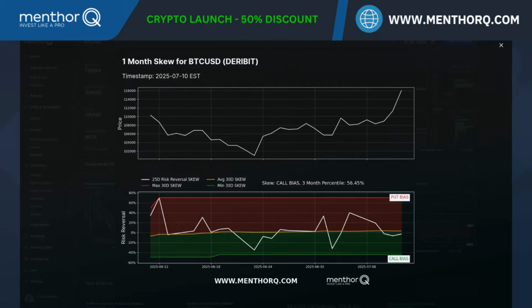Yes, you have all the Q scores, you have all the other stuff, you have the models and everything, which make things super, super, super simple. But we look for confluence, and this is what the models do for you. But still, it's always good to have an eye and be able to read the skew. And MenthorQ gives you all that stuff. They give you so much data, but they boil it down to the most important things.